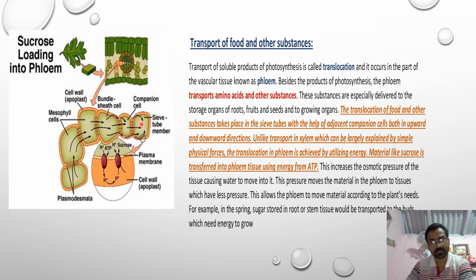So all of a sudden the concentration of the total solution volume will increase, because it has the sugar solution and more water is coming inside. So the volume of solution will be increasing gradually. The sieve tube element walls are very hard and cannot be broken by the increased pressure of the solution inside. So the solution will start moving, and it will move vigorously to all available vacant or open spaces. And this flow is known as mass flow or bulk flow. This theory was first given by Munch, and it is also known as the Munch theory.